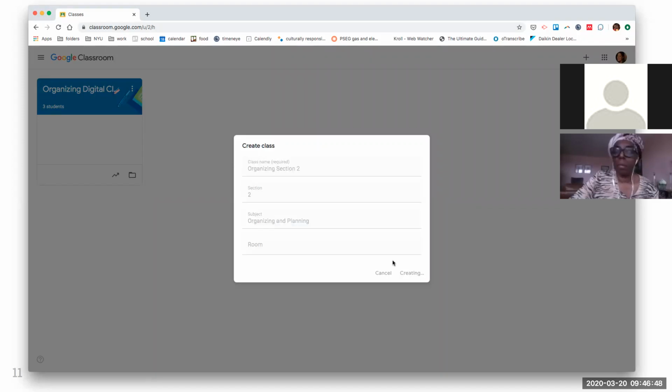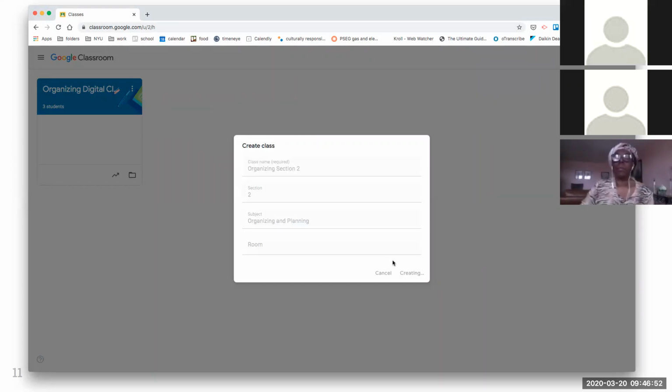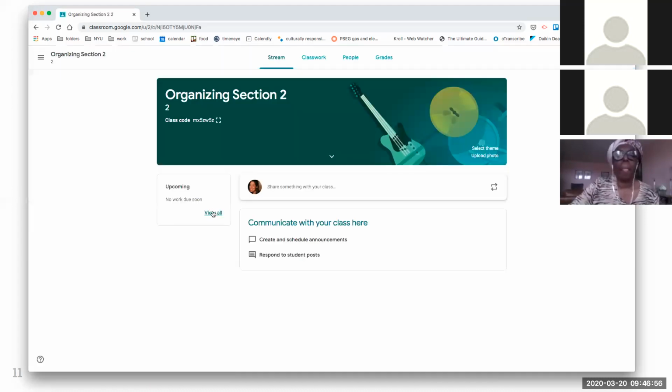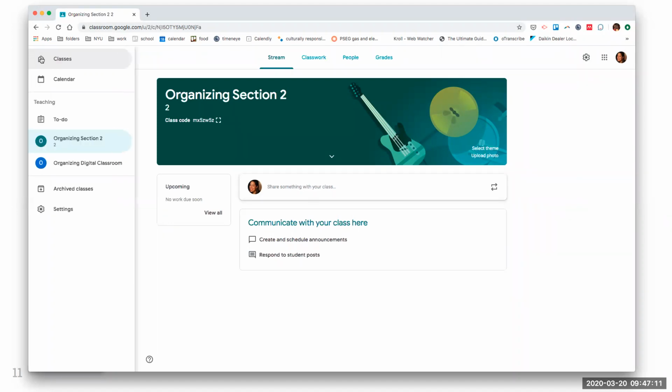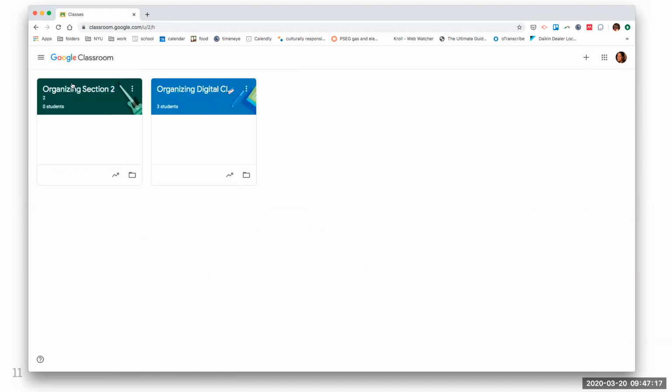So this is when you go into your Google Classroom, you want to name your classes appropriately so that you and your students can navigate easily. And also your students are possibly going to have different classes that they're a part of, so you want them to know intuitively how to get to these. To navigate between your different classrooms, you go to the top left, these 3 lines, and that's where you can see all of your classes. And you can also go back to your home screen by clicking classes.